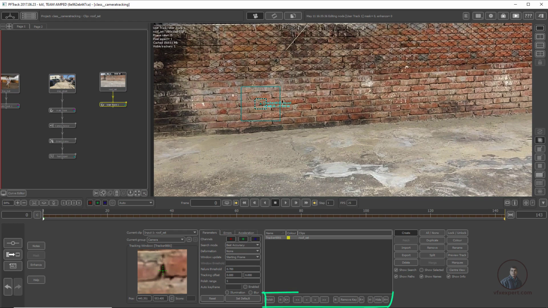Then for tracking this shot, downside you will get all these tracking parameters. These are for forward tracking and these are for backward tracking. This is start to end, this is frame by frame, this is start to end backward tracking, and this is frame by frame backward tracking. Because I have placed my playhead at the start of our timeline, we have to track forward here. So simply click on this forward tracker. This will track your selected tracker.